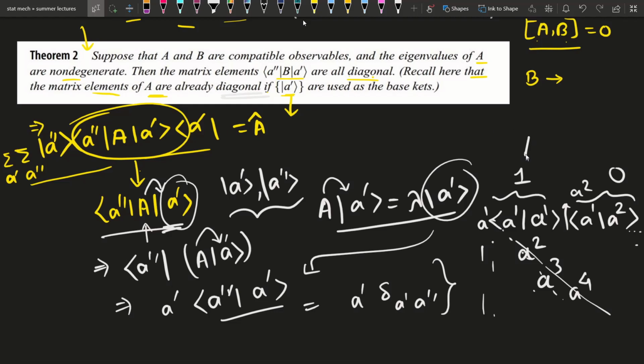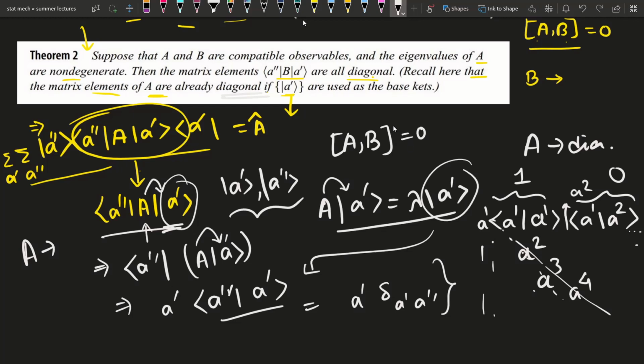This matrix A will be diagonal when we express it with the base kets being the eigenkets of the operator itself, meaning these are the eigenkets of A. Then the A matrix will always be diagonal. Okay, now the question here is, if we have two operators A, B, and the commutation bracket is